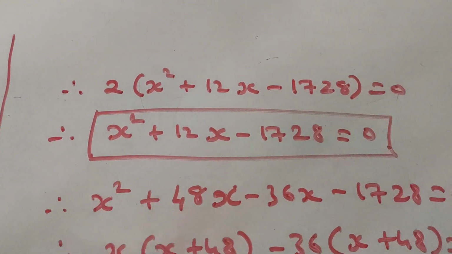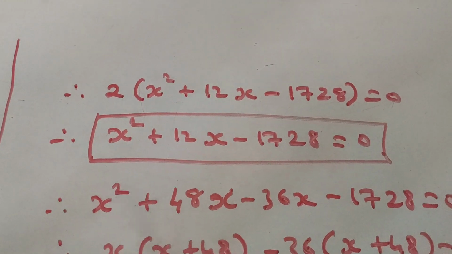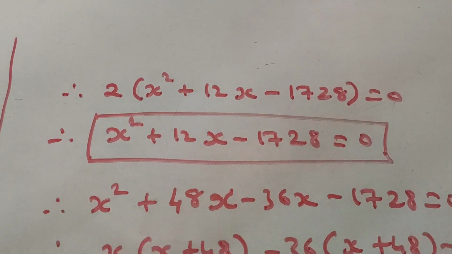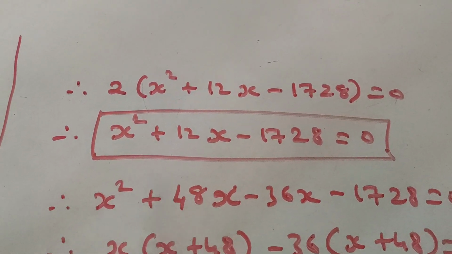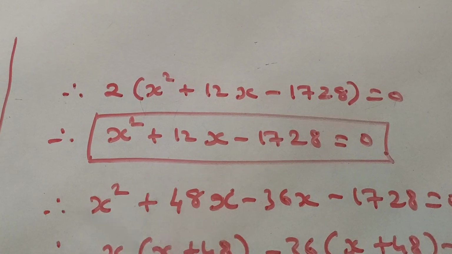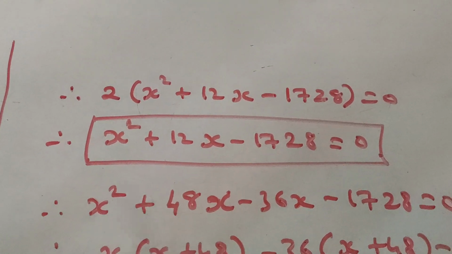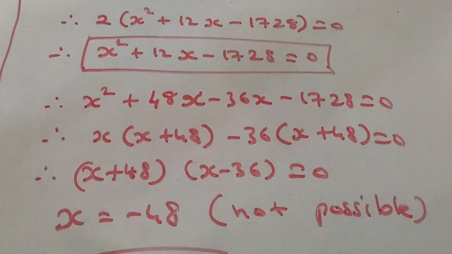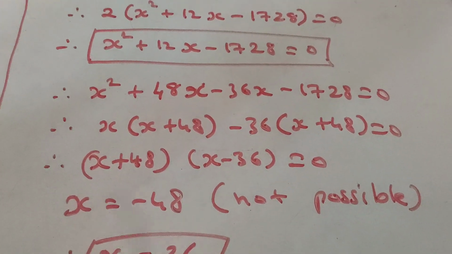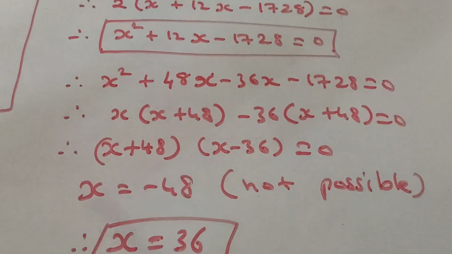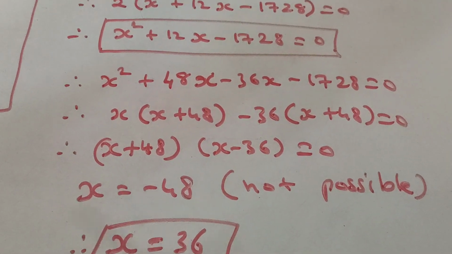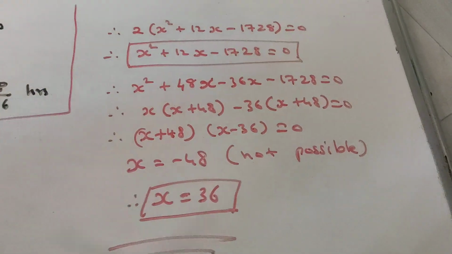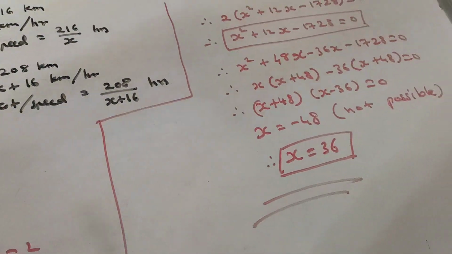And question number 4, it says solve, find the x kilometer speed of the car, and if it is asking for the train, then you have to add 16 to the speed, x plus 16. Anyway, we move on further. So here we simplified and factorized, we get x equal to minus 48 and x equal to 36, but x equal to minus 48 is not possible. So what is the value of x? The value of x is 36. I hope you understood. So this is our answer. So x is 36.